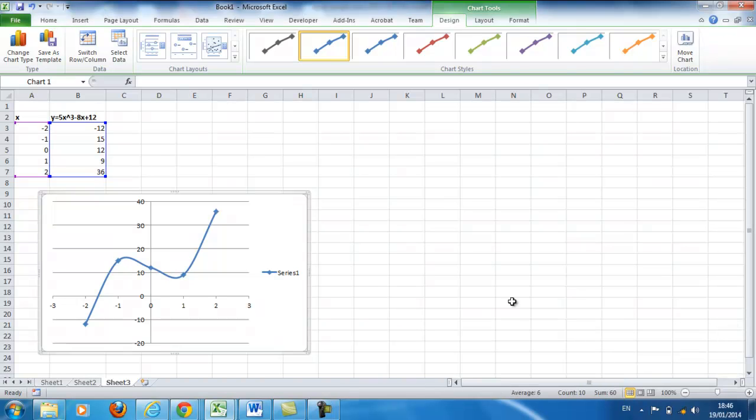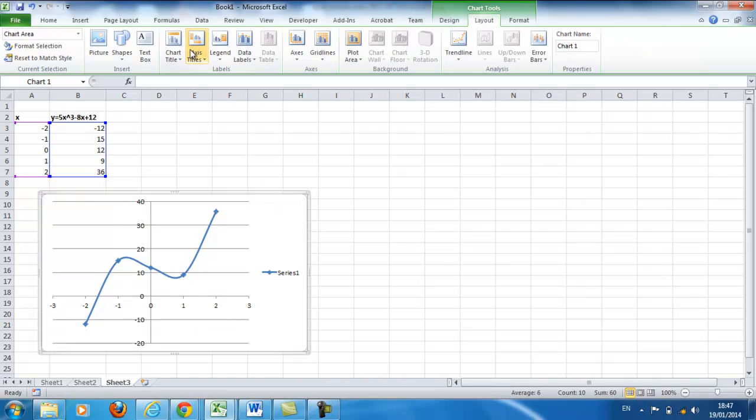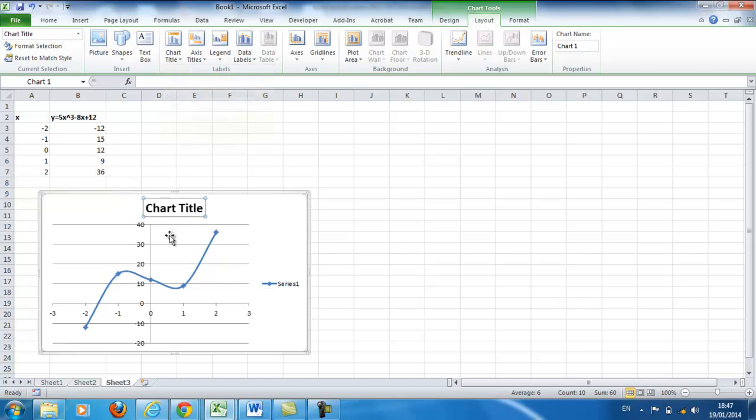Right. Now, that's our graph created. As always, it's important to have a title. So we're just going to do that now, and we'll keep the legend in, even though we don't need it yet, but we will need it when we create our new sets of values. So we're going to have another set of values alongside our first set, and they're going to be the transformed values. Right. So just to add in a title there, chart title, above chart,